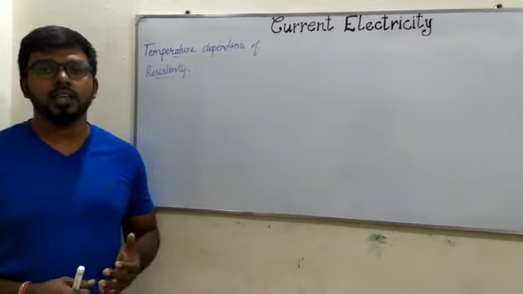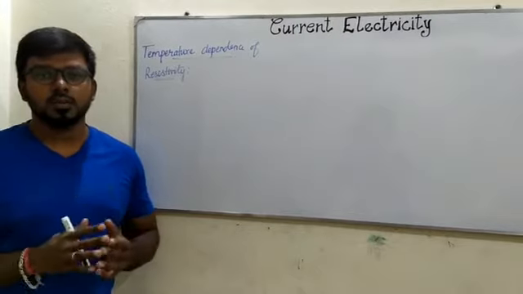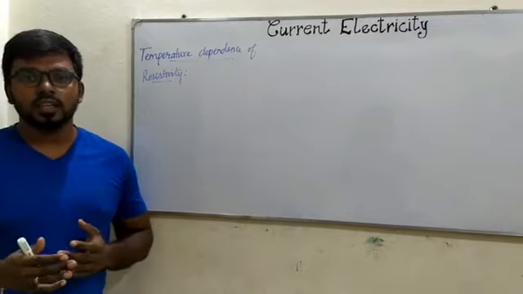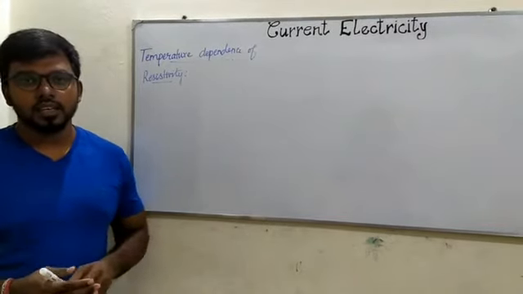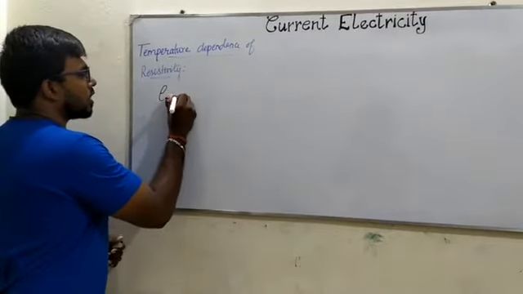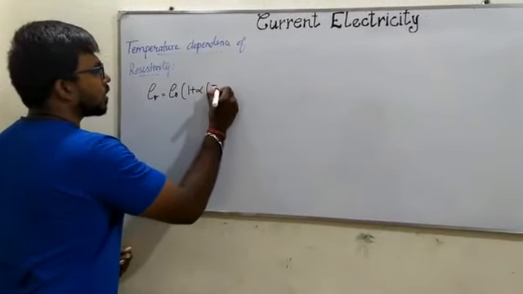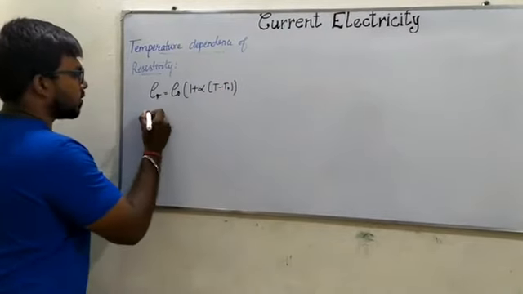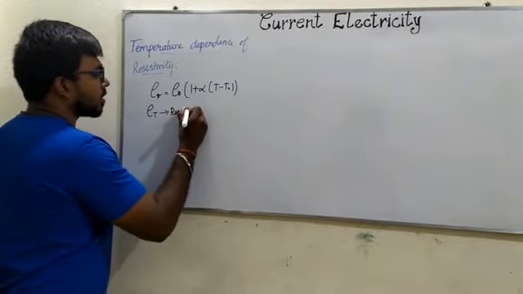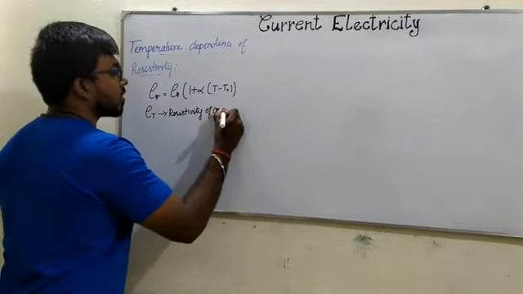Next topic is temperature dependence of resistivity. Resistivity of a conductor always depends on temperature. Experimentally, it is found that the resistivity of a conductor increases with increase in temperature, which can be written as rho T is equal to rho naught into 1 plus alpha into T minus T naught, where rho T is the resistivity of the conductor